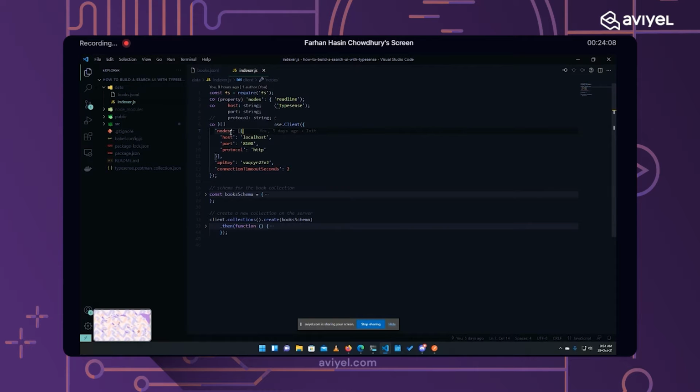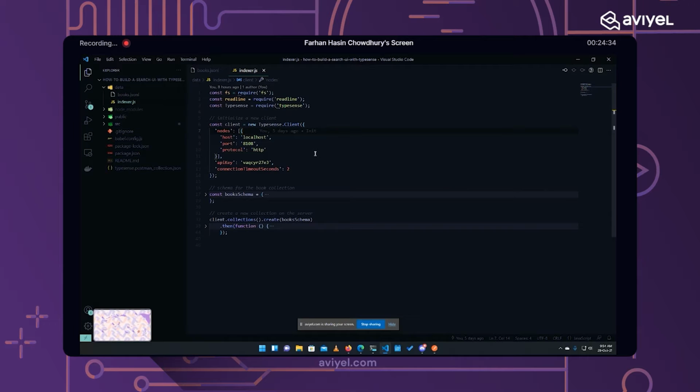TypeSense is actually a highly available service. You can have multiple instances of TypeSense servers if you need them in a high traffic website. Let's say you are working for the largest news site in your country, so people will come in every day and do a lot of searches.